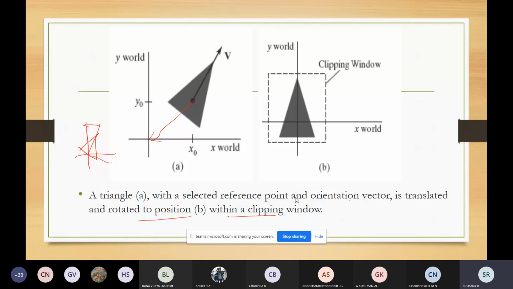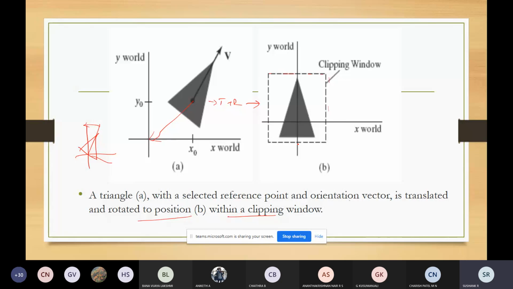First thing is to establish the clipping window, for which we have the function. Once the clipping window has been established, the scene description is processed through the viewing routines to the output devices. First we translate the object to the desired position on the origin, and then rotate the object and set up the clipping window in world coordinates. Once we have performed the translation plus rotation, we are setting up the clipping window.